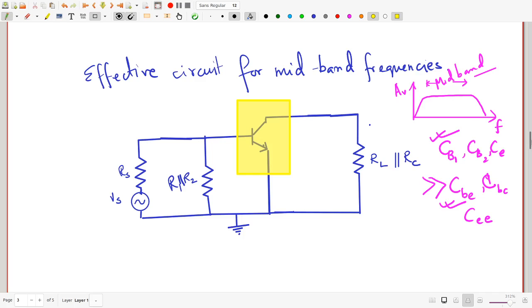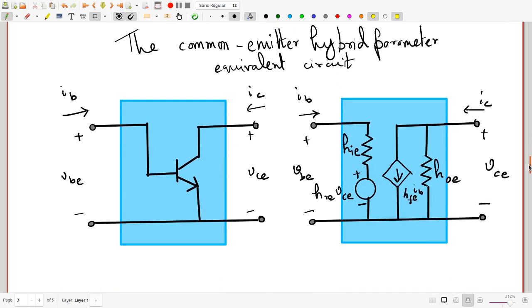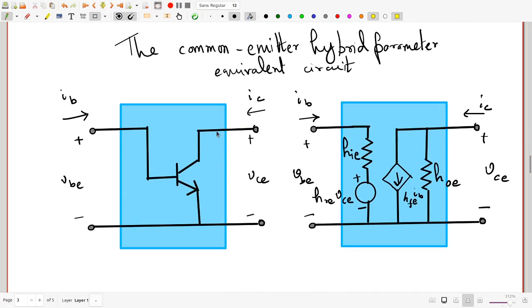Well, just to remind you, this is what the effective circuit would look like. On the left here, you have this black box inside which you have your transistor, where the emitter is connected between both the input and the output. And because the base is here, this is the emitter line, so the input voltage here is small vBE. Just to remind you, the small letters here denote fluctuation. So the actual voltage VBE here would be,